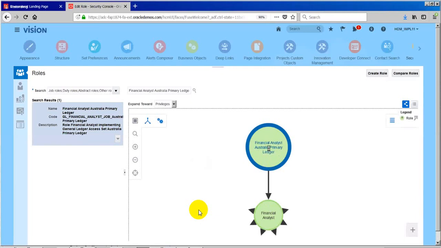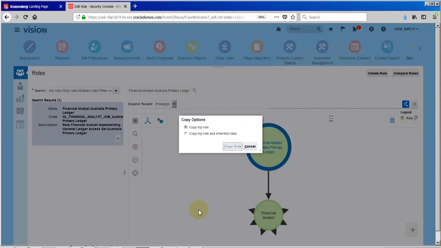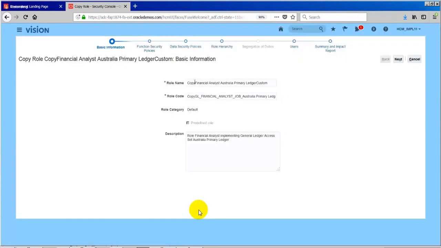So I will take a copy of it, copy role, copy the top role, and I will take copy GL Financial Australia Primary Ledger. Okay.